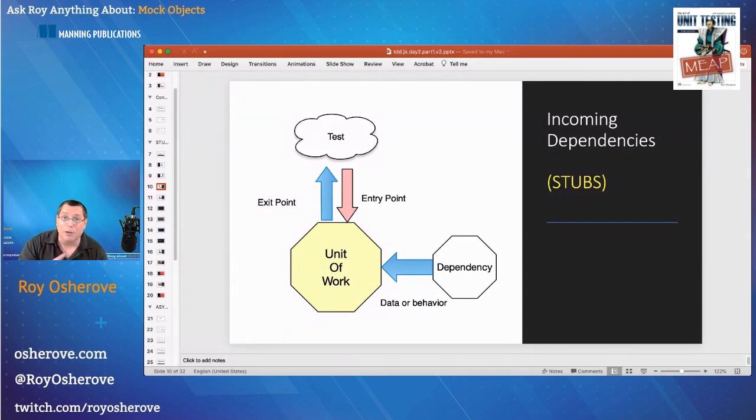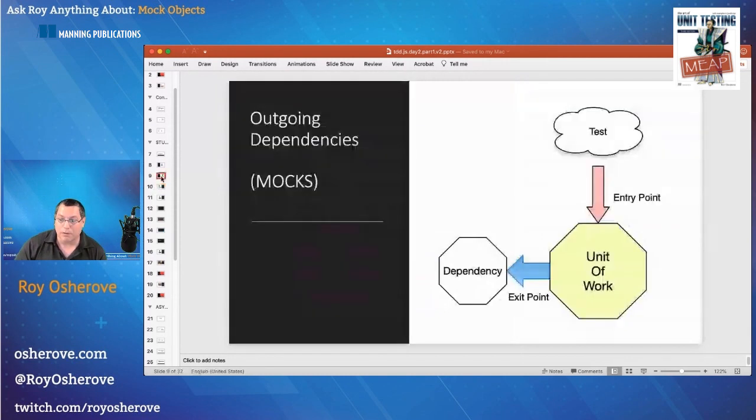If there's one rule about mocks and stubs that you should remember, it's that in my test, I should have no more than one mock object. Well, I could, but I probably shouldn't, because a mock object represents an exit point. It represents a requirement. Remember this? It represents a requirement, and I'm testing only one thing per test.